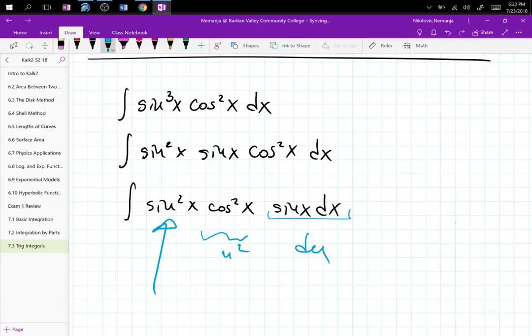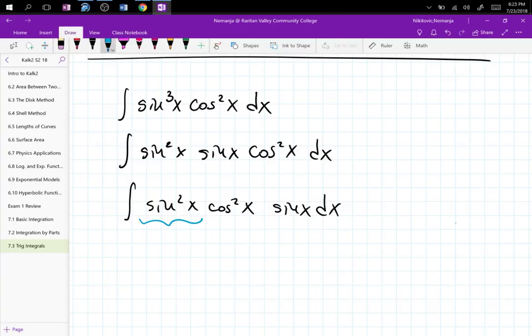Again, do not mention power reducing in this case because that will create a double argument. Yes? Beautiful. Use the Pythagorean theorem to switch that into cosines. Combine them with these cosines. You have all cosines over there, and then here's your u sub, and you do it. Very good. So, to deal with this,